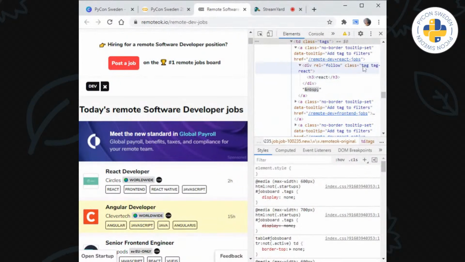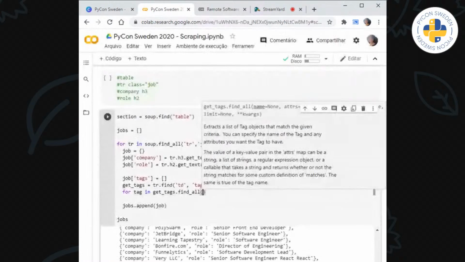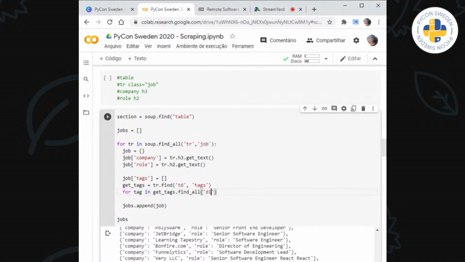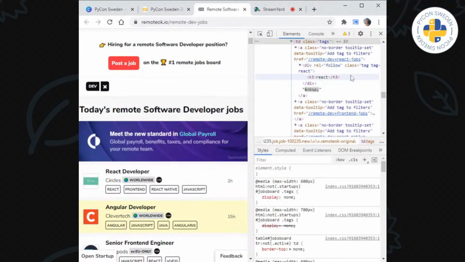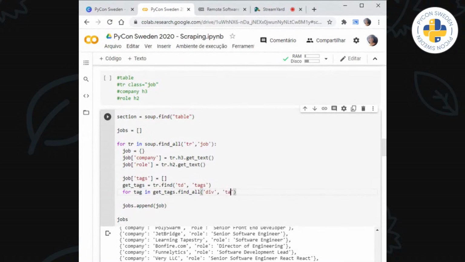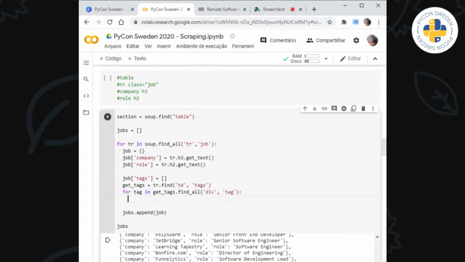I'm going to go through the divs because they have the class, just so I can make it more specific. So I'm going to find a div that has a tag class, and right now we should be getting most of the information. I just need to append it now.